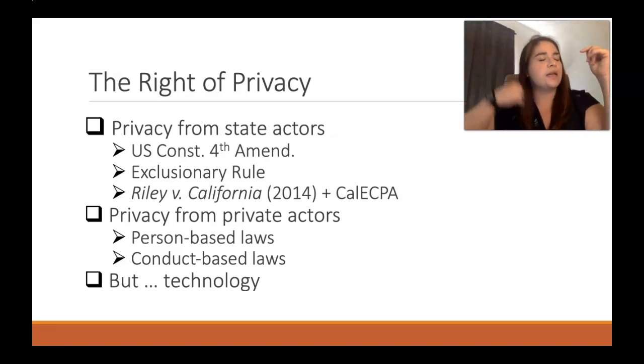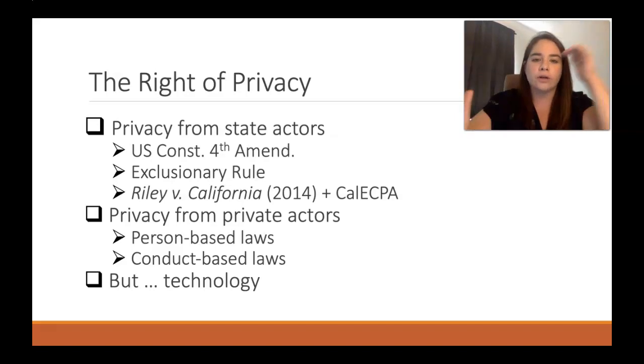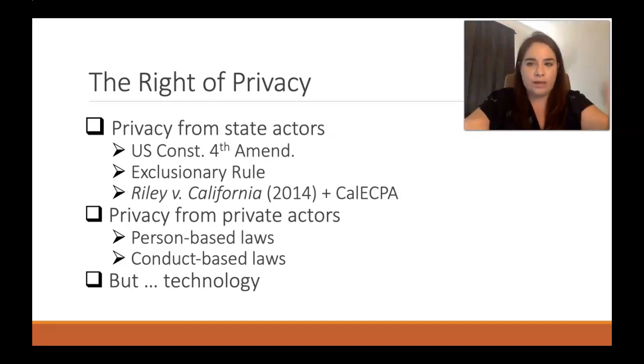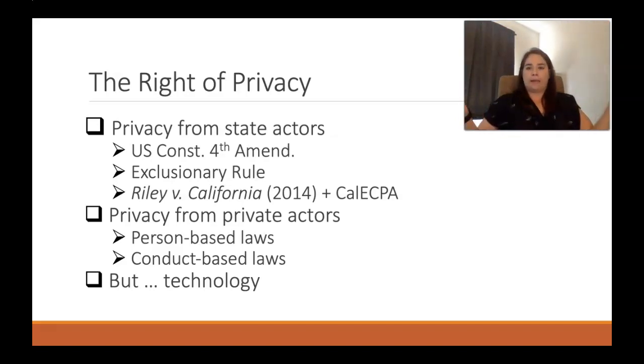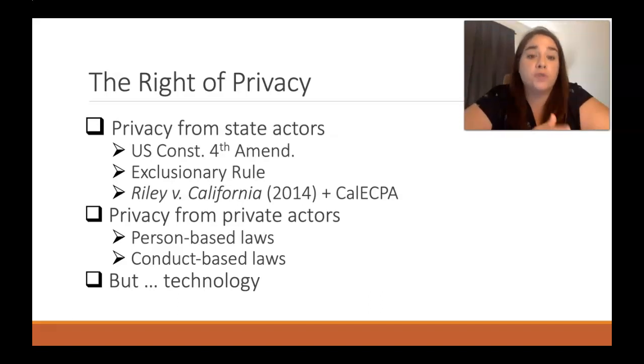So they also wanted to take a gander at his cell phone records to see if they could pinpoint him anywhere near the shooting. So Mr. Riley is offended by the fact that they get all of this evidence off of his cell phone. So he makes a motion to exclude, under the exclusionary rule, all evidence taken from that cell phone because it was in violation of the Fourth Amendment, he claimed, because the officers didn't get a warrant to search his cell phone.